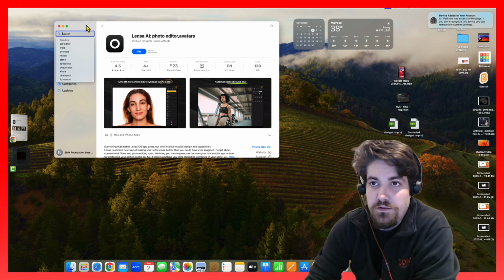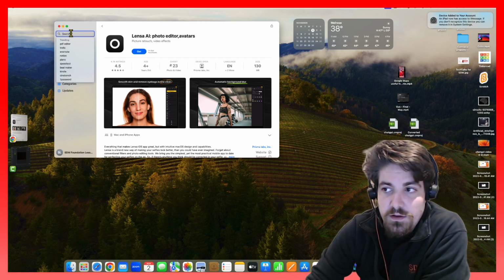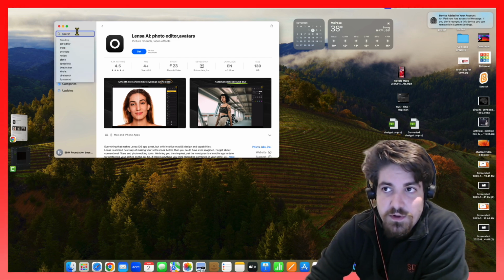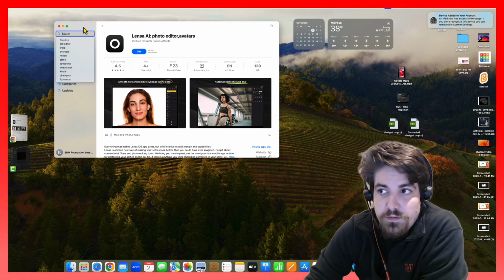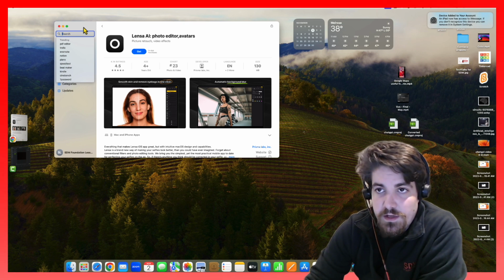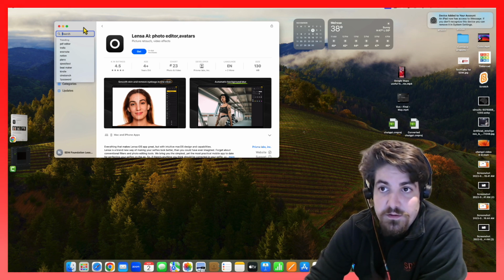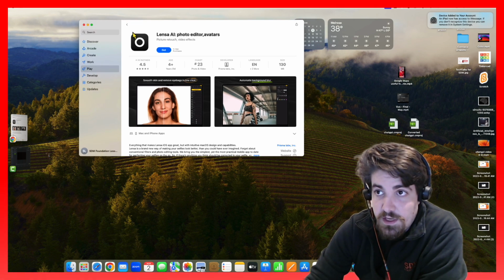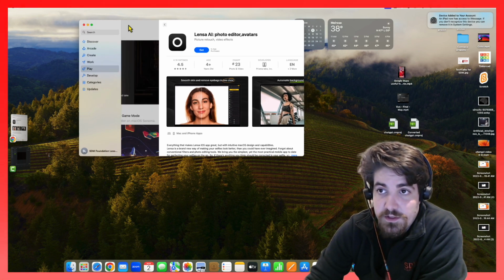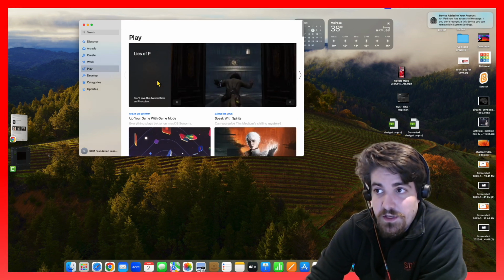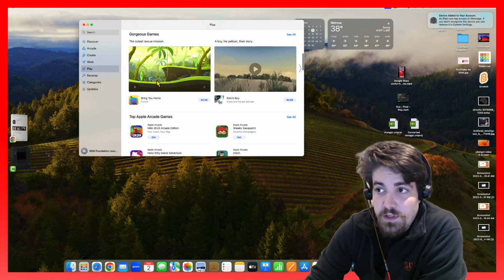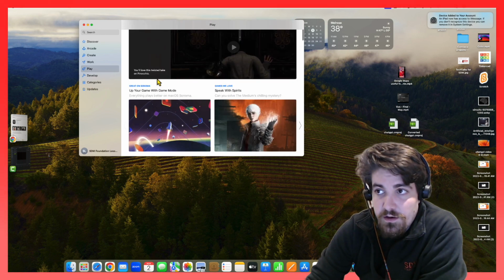If they so chose to, they could take the information about what I search for within the App Store or within their browser and send advertisements to us about those things. So potentially if I spent enough time looking at photo apps and Apple decided to use that information to advertise, they could. I don't think Apple exactly works like that, but